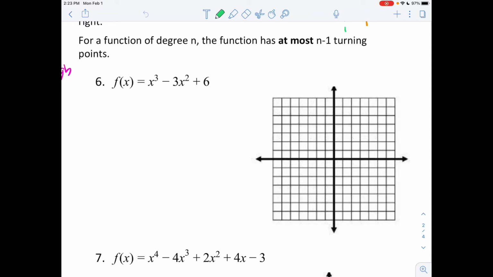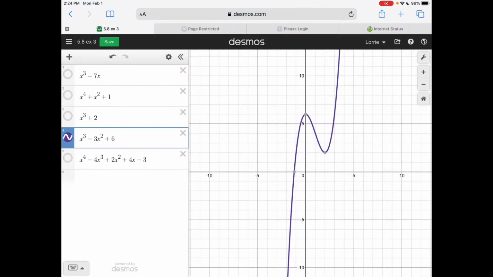Let's look at example number 6. What we're going to do is go ahead and take a peek at the graph of this function either on Desmos or our graphing calculator and pick out some key points that we'll plot, and then we'll talk about increasing and decreasing intervals. Here we are on Desmos, and I have plotted my equation x to the third minus 3x